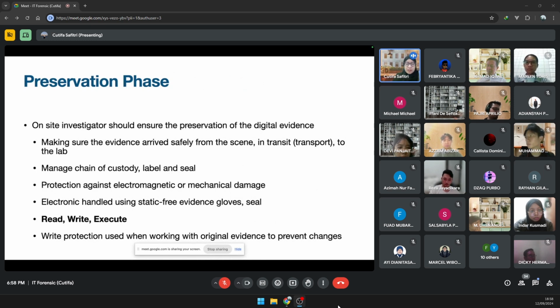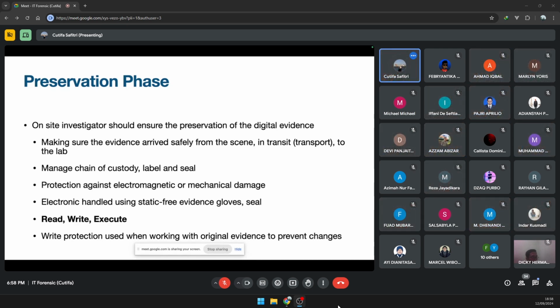Now, you have to understand that it again depends on the severity of the case. You might be handling an investigation for more than 2 years, 4 years, 5 years, 10 years. So you have to preserve it for 10 years to come. Some investigations would go on to 15 years. That's how long it takes for some. So how do you preserve something for 15 years? That means you have to collect it and place it very securely.